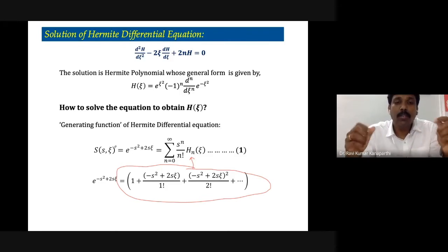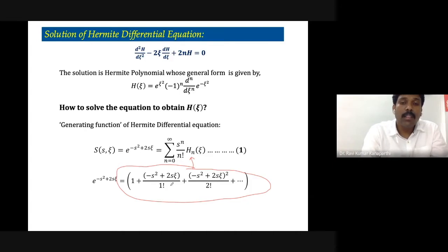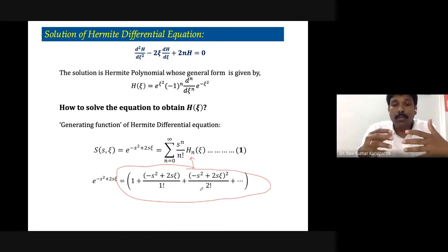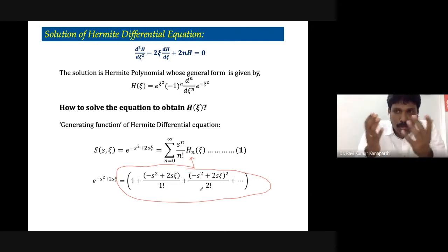It has got its own special generating function, and the generating function is nothing but an exponential function. If you expand the exponential function, it will take this type of notation. In this term, as you can see, you have s square, s terms, and also s and z terms. So all the common forms you can write down in one place,